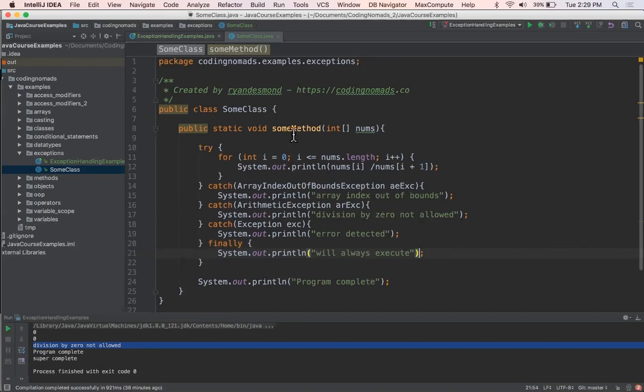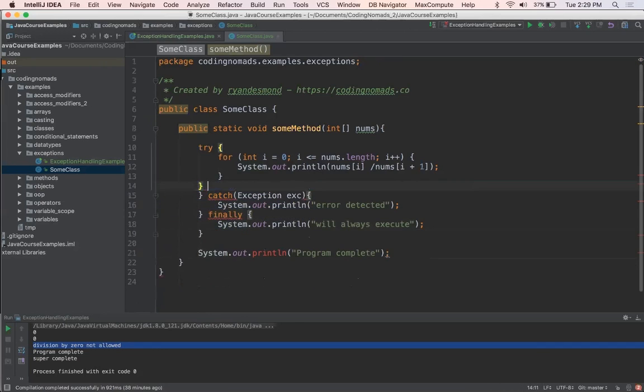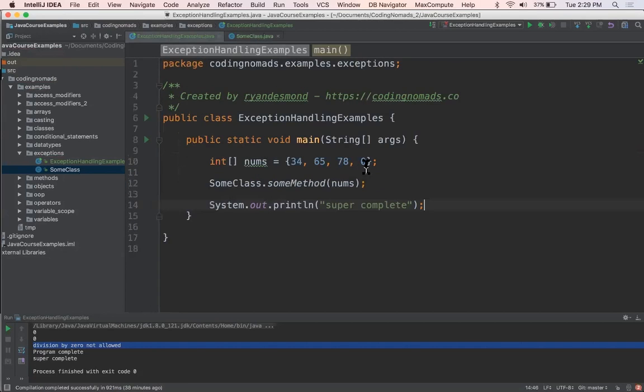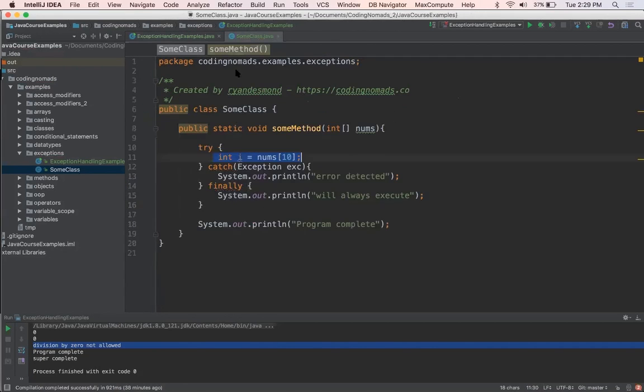and go ahead and run this here. I'm going to simplify this and just have catch an exception, and we'll just do. So I know that when I'm calling this method in this case, I'm only passing 3 values, or in this case 4. So when I say int i equals nums at the index of 10, I know for a fact